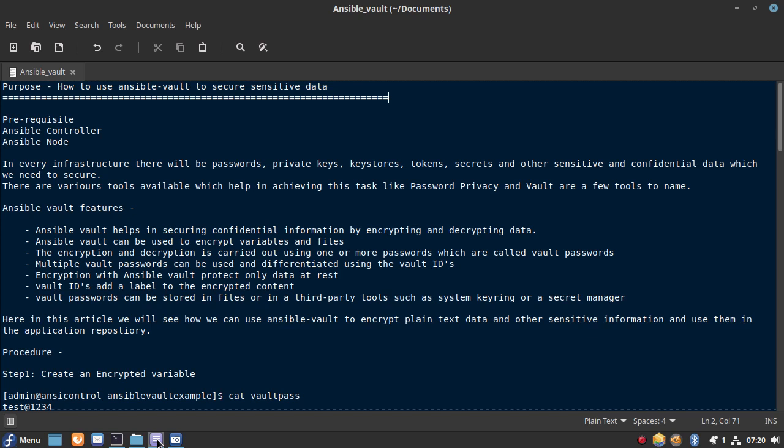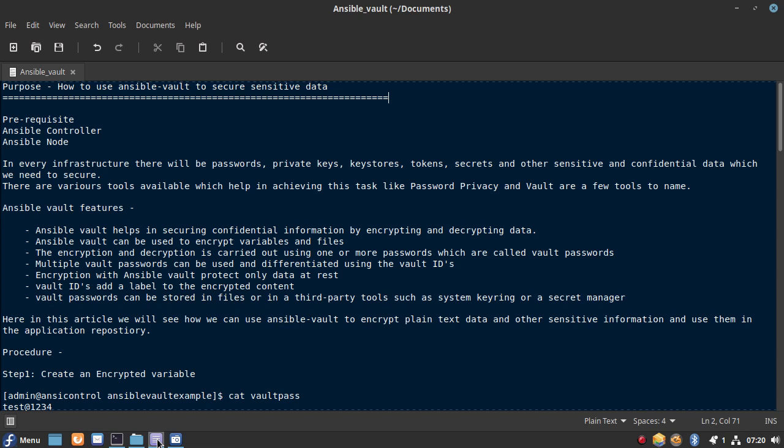So we have a lot of data or information which we want to secure. We have passwords, security tokens, secrets, certificates, private keys.